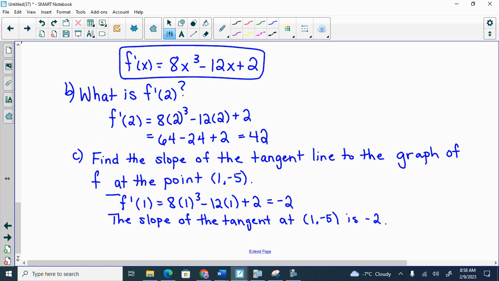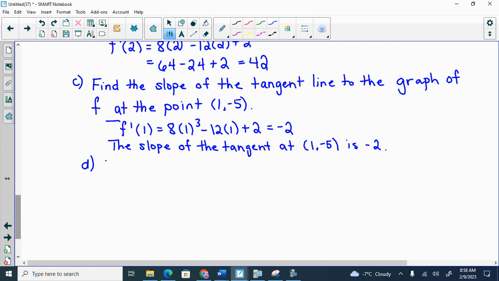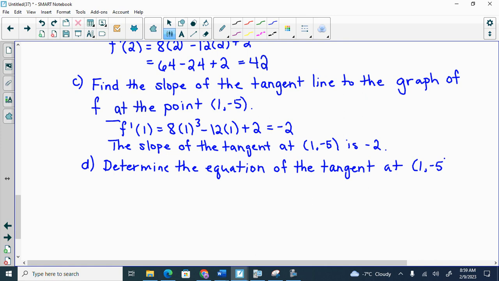What do you think I'm going to ask him to do in D and E? The same thing but for different functions. Nope. That would be easier. What else did we do yesterday? Slope of the normal line. Slope of the normal line. I also might make you just find the equation of the tangent and the equation of the normal. So D is to determine the equation of the tangent. I want both equations too. I want the slope y intercept and the point slope form. And then E is going to be